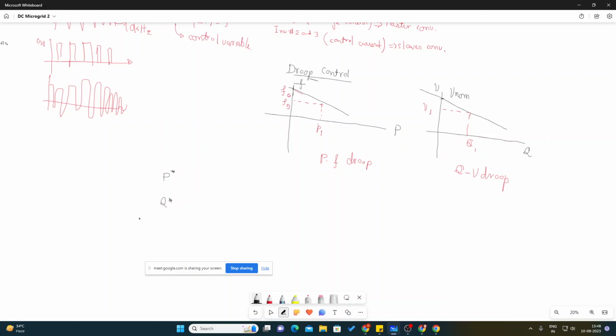I am taking the example of one inverter. You determine these using some algorithm, that is a load flow algorithm or whatever. So once you obtain these P star and Q star,